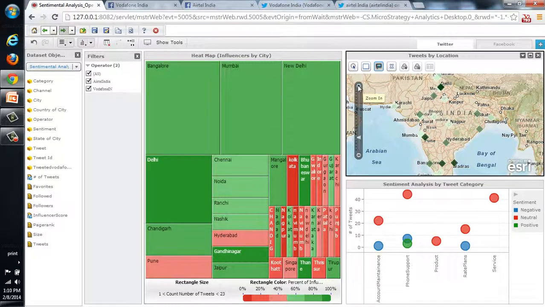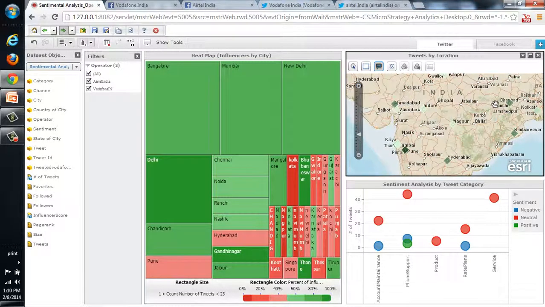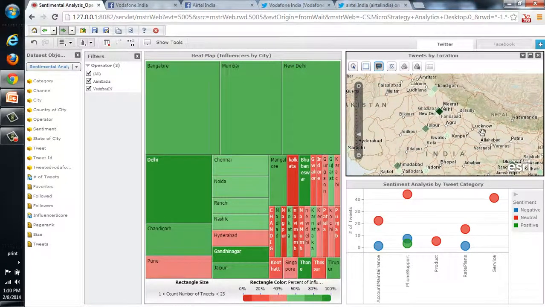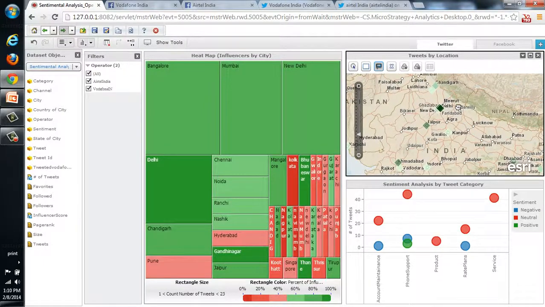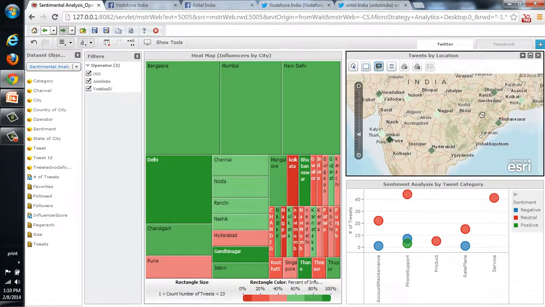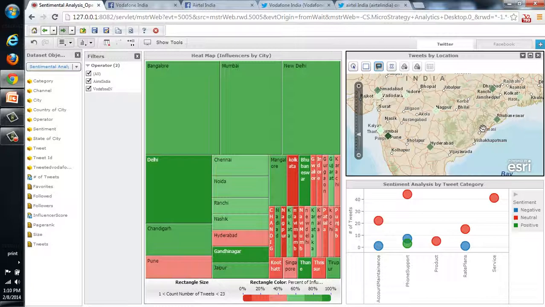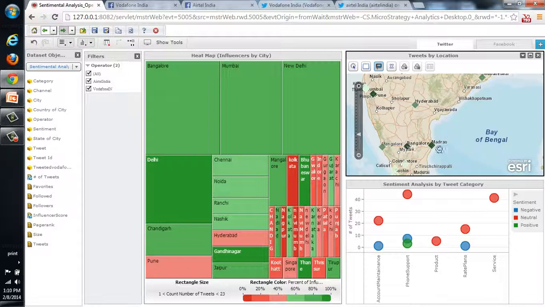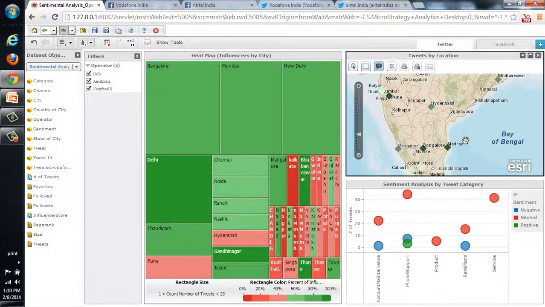If you look at the other visualization, this is the geo map of India, and it gives you a quick snapshot of where the majority of the tweets are coming from. The color of the diamond indicates the number of tweets; more tweets means a darker color for that diamond. At a very quick glance, you can figure out that Delhi, Bombay, Bangalore, and Madras are the areas from which the highest number of tweets